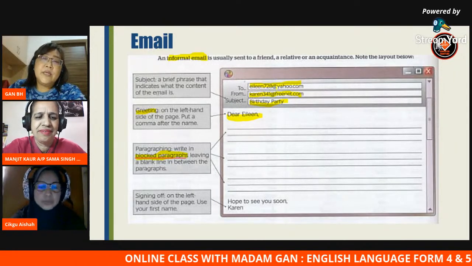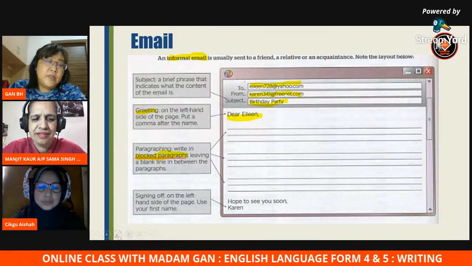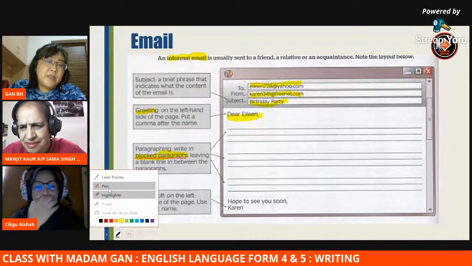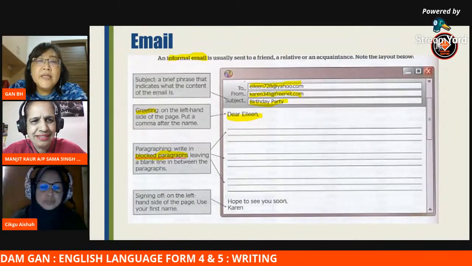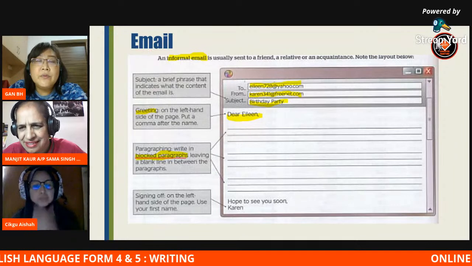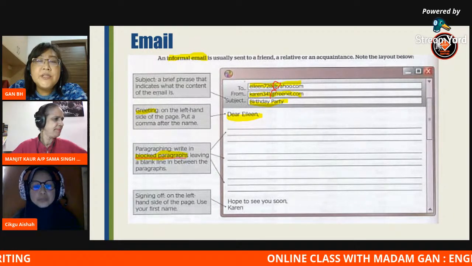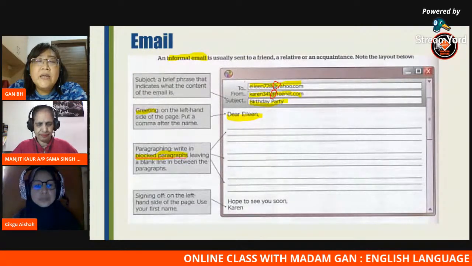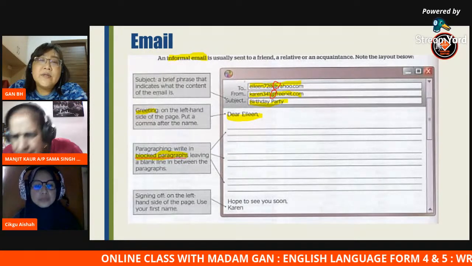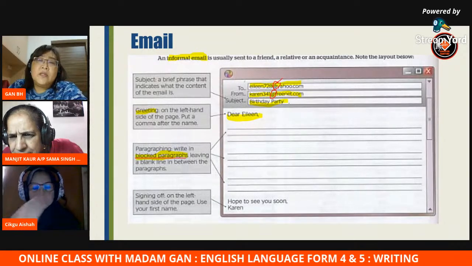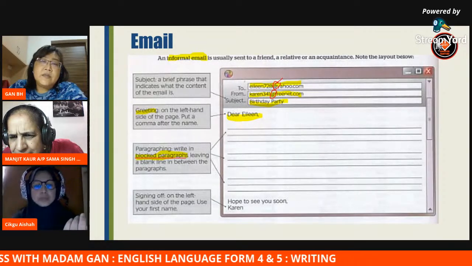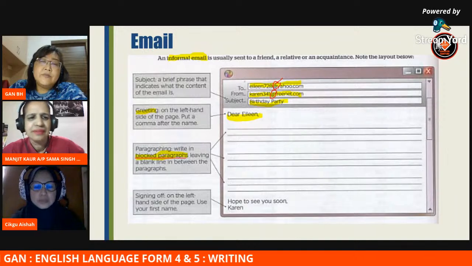So remember, you need to write properly. Properly means there must be the @ symbol here. Remember, you cannot write Elaine only, to Elaine from Karen, no. You must have the @, at Yahoo, at Gmail. Teacher, if I simply write at mail.com, can? Whatever, as long as you have this symbol, okay, they are accepted. So subject, if it's a birthday party, you write birthday party.